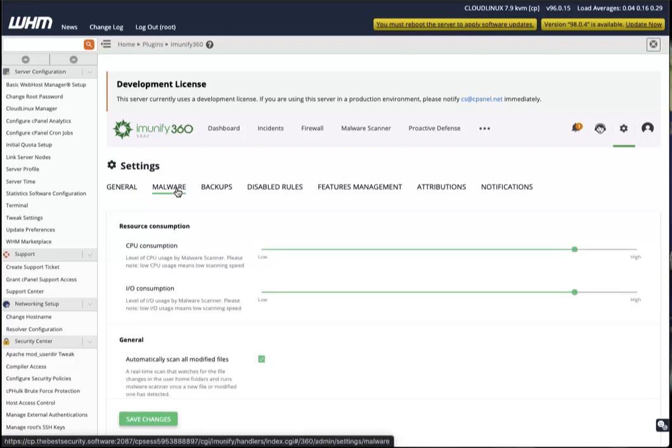Now, malware scanning takes a lot of resources because we're scanning a lot of files of different sizes and different file types. To minimize the amount of resources that we use on your server, because we don't obviously understand the amount of resources that you have across CPU, number of cores, I/O, and how much memory and whatnot you have, we're going to allow you to adjust the CPU consumption and I/O consumption that's viable and workable for your particular